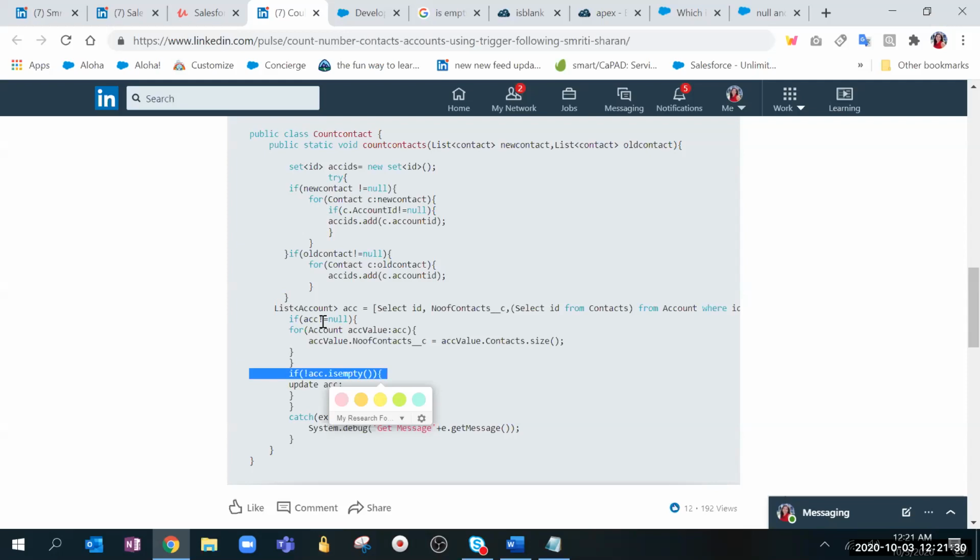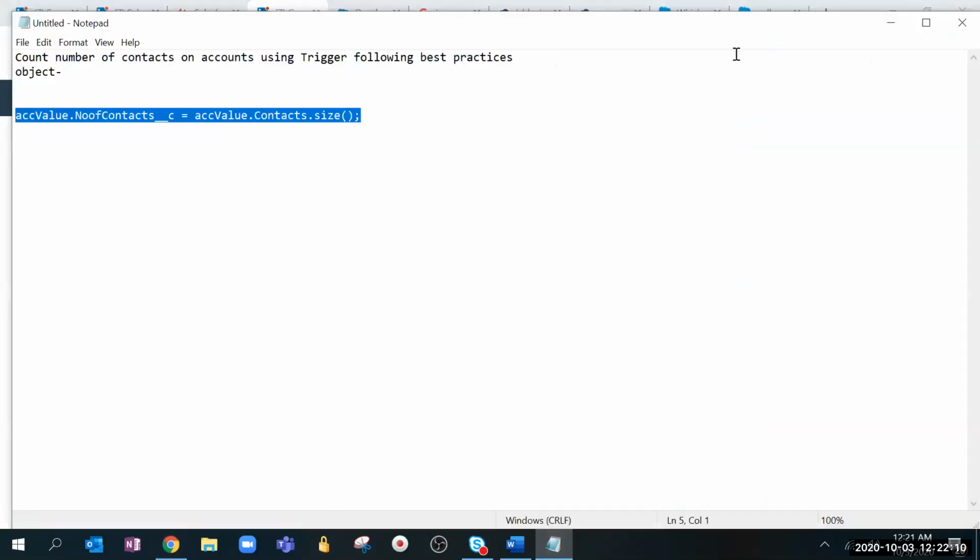Okay, I have a question. Why are we taking the contact.account ID? Account ID is a field on contact, so why are we putting account IDs in the set? Are we iterating on accounts using this set or something? So we are iterating over the contacts. Basically, do you guys know roll-up summary field? Yes. So exactly, this is the implementation of a roll-up summary field as well.